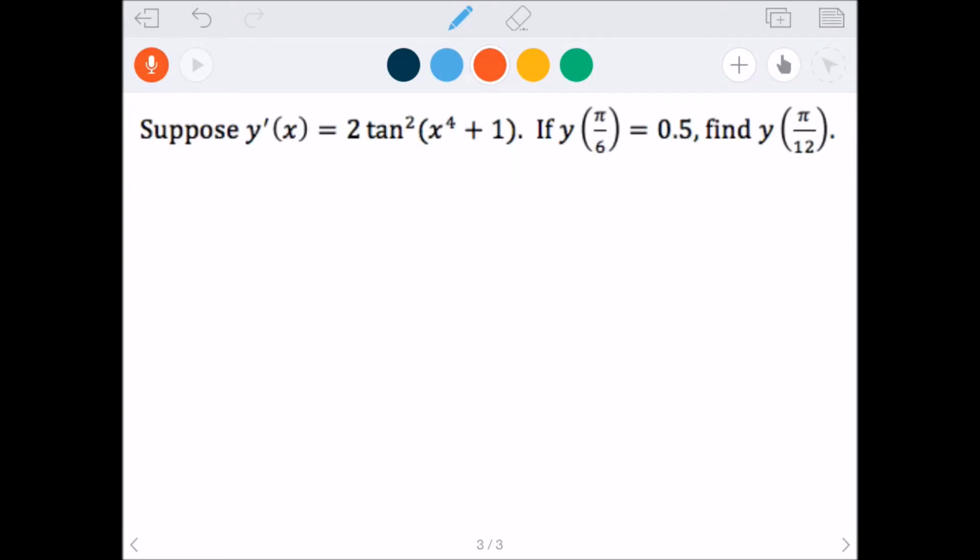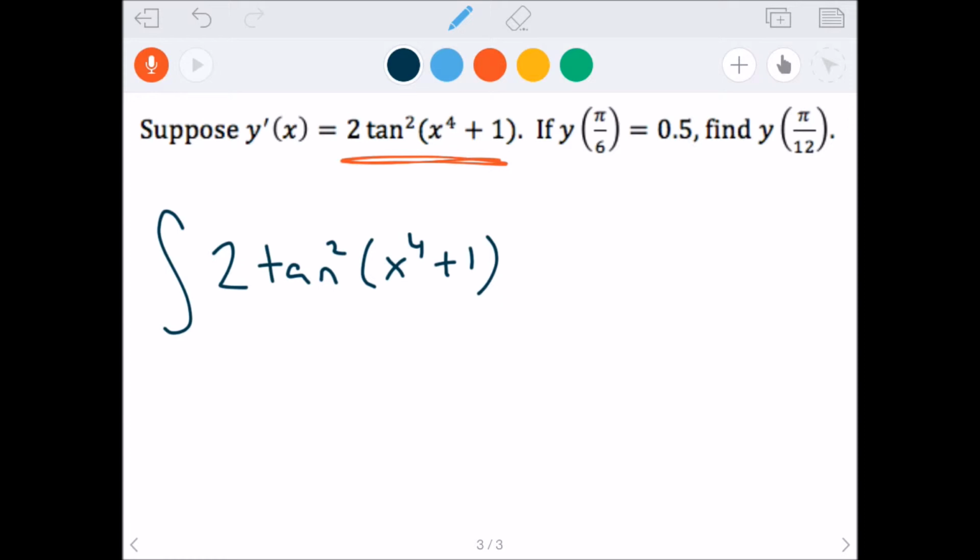Let's look at this one. It says, suppose y prime of x is 2 tangent squared of x to the 4th plus 1. If y, notice there's no prime, of pi over 6 is equal to 0.5, find y of pi over 12. It's my derivative that goes inside the integral, right? And so using the fundamental theorem of calculus, I can rewrite this as the integral of 2 tangent squared of x to the 4th plus 1